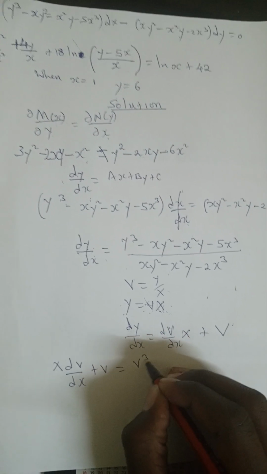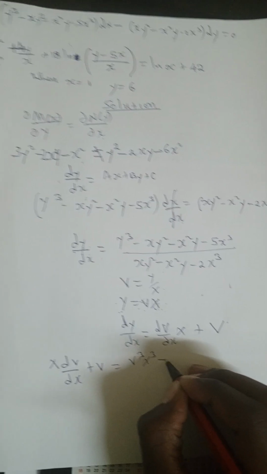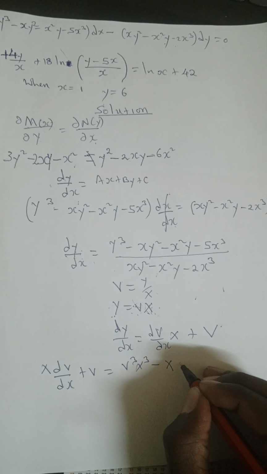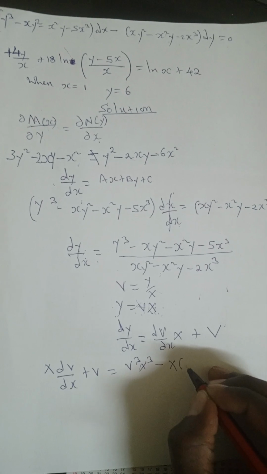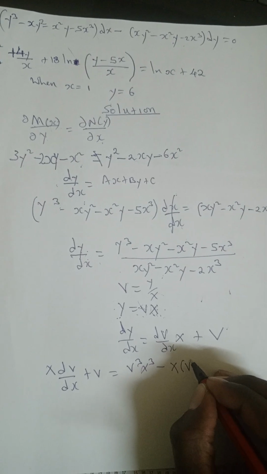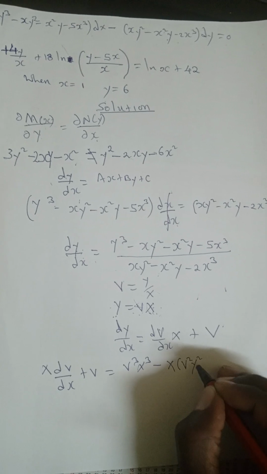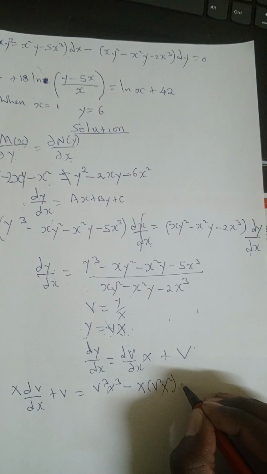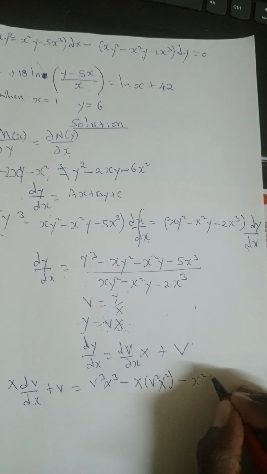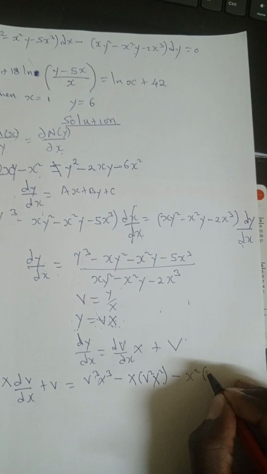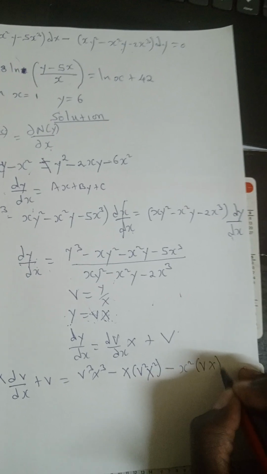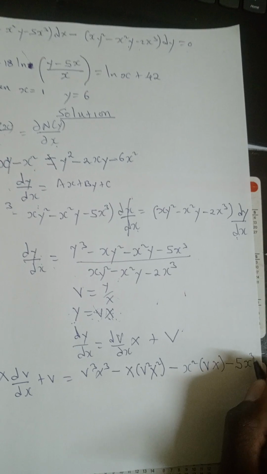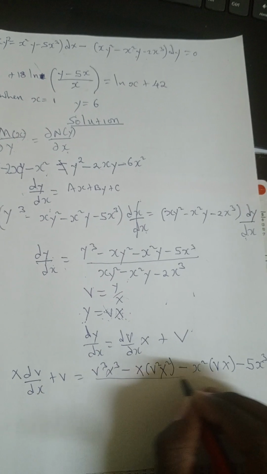So this will be v cubed x cubed minus, this will be x, then where there is y, this will be v squared x squared. For the third part, this is x squared, where there is y, I'm going to put vx minus 5x cubed. Then this is all over